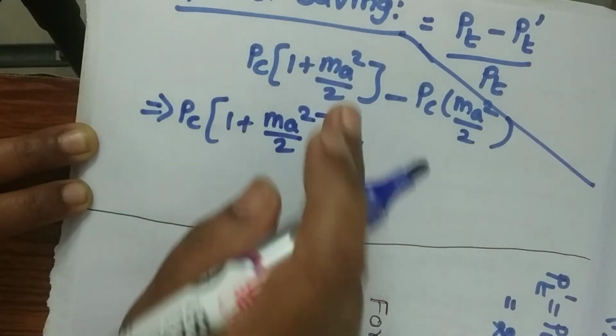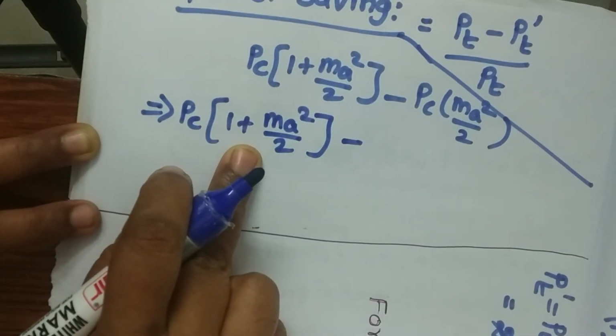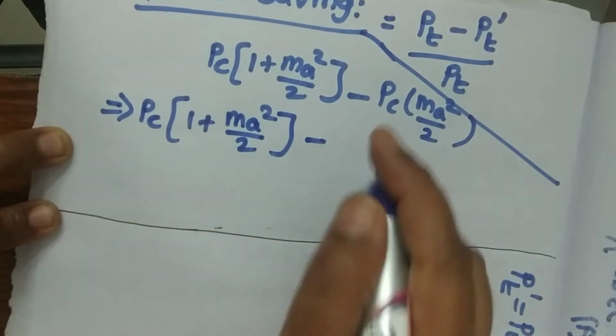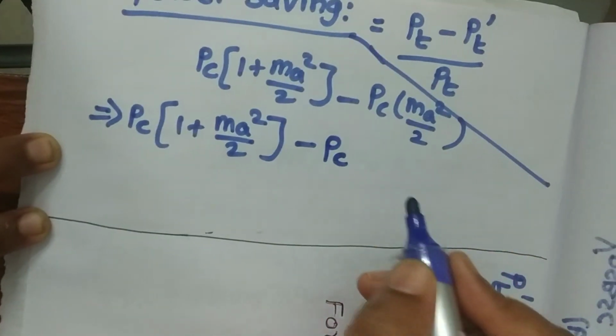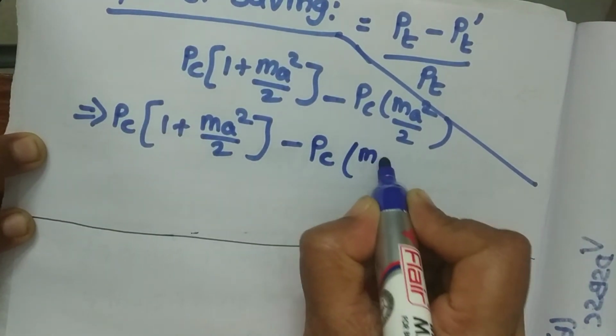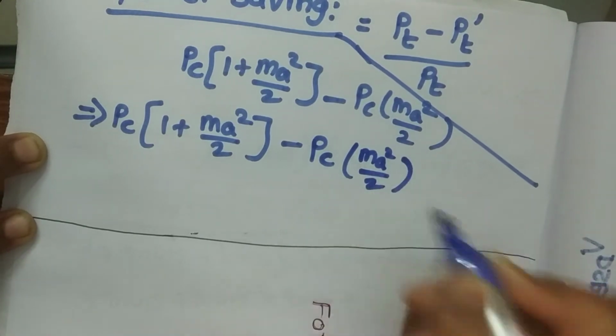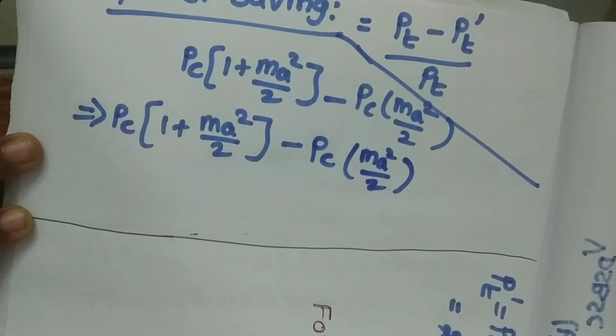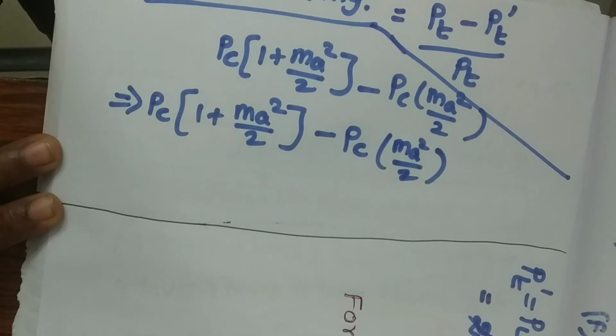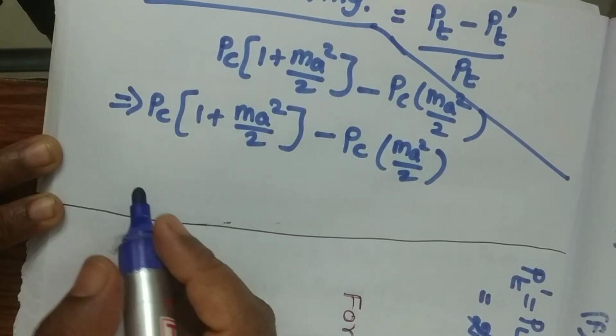This is the traditional amplitude modulation power equation. Then for double sideband suppressed carrier, it is PC into MA squared by 2. I am expanding, divided by